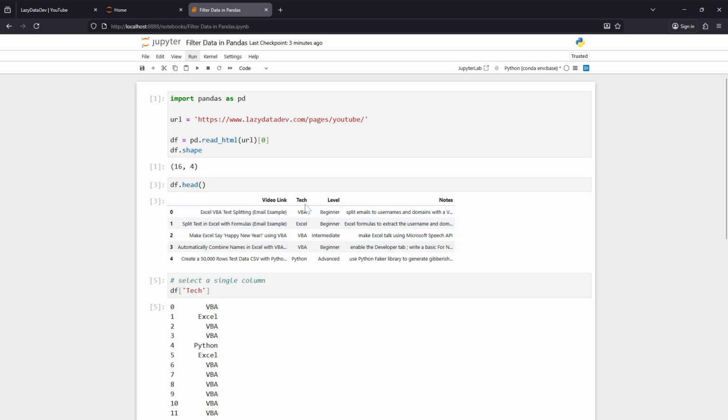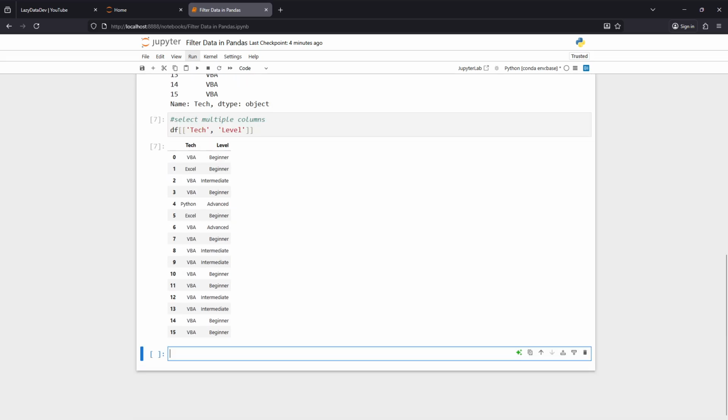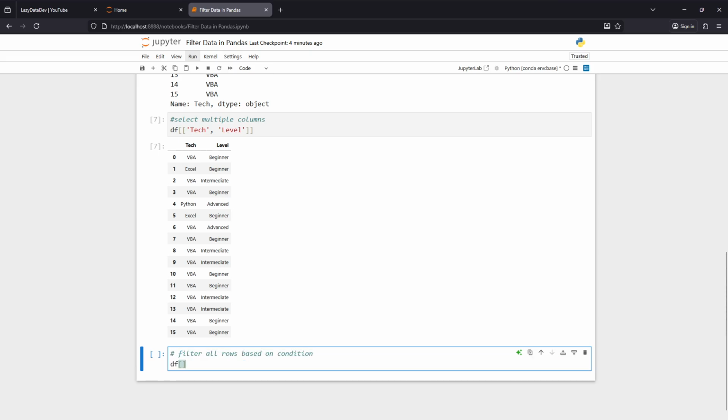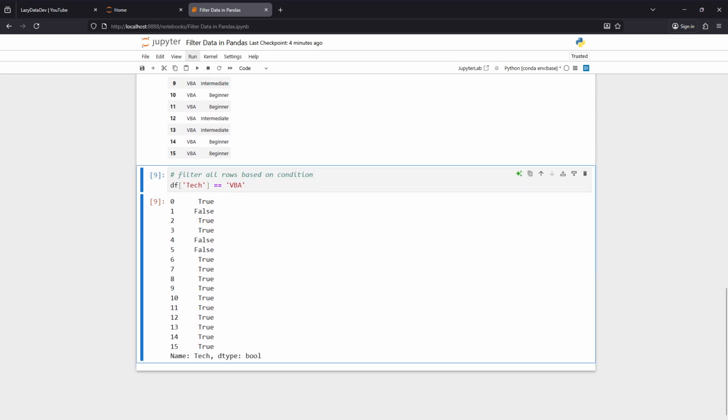So let's filter all the rows where the tech is VBA. So I'm going to write a comment here, filter all rows based on condition. So we can write df tech equals sign VBA. And if I now click Control Enter, this will return a series object or a column with trues and